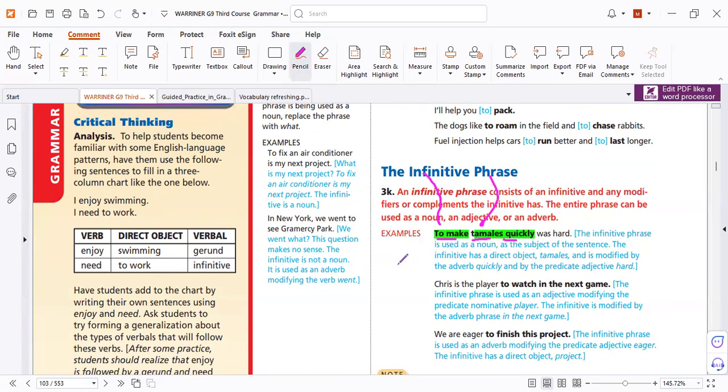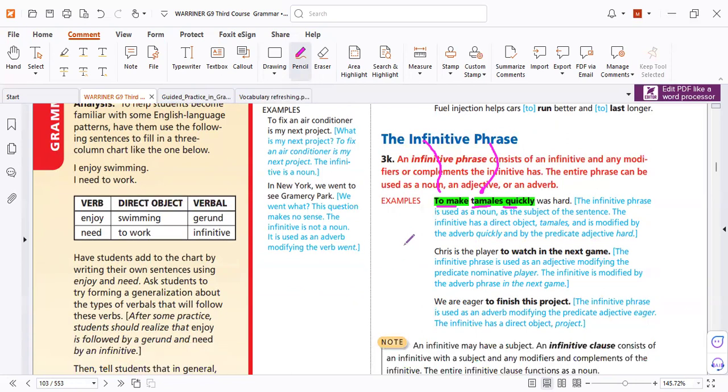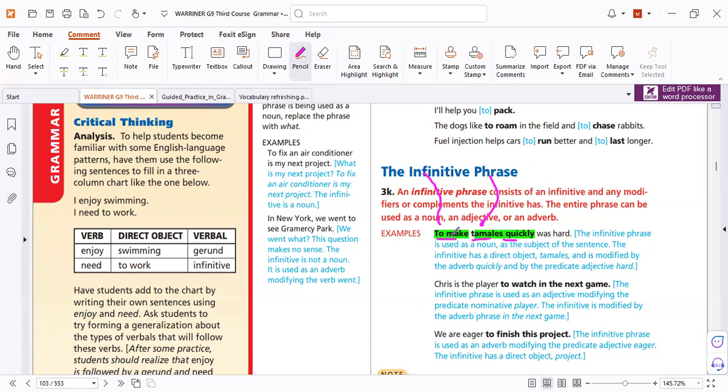That is the point. So it is expected everywhere. It could be at the beginning, be at the end, as you like. But remember, the infinitive can work as subject. To make is the subject of was hard. Now ask yourself, what was hard? To make. To make only. That's it.